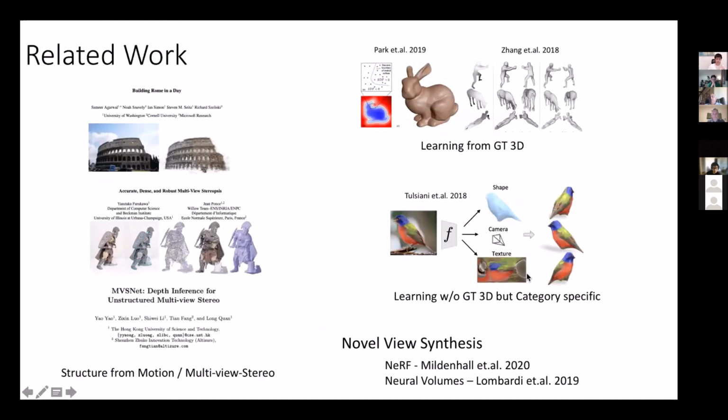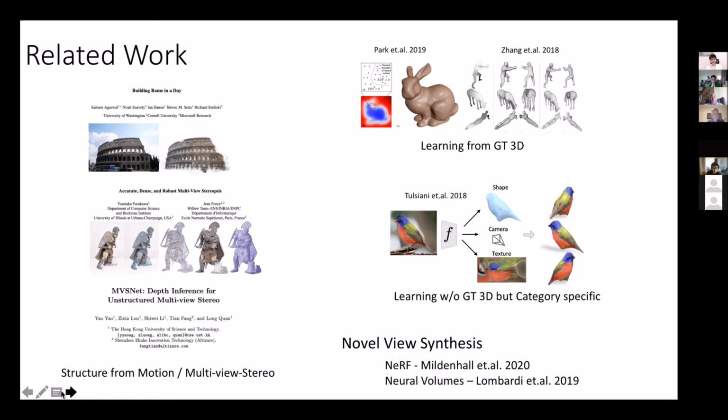Okay, and then there is the work from our group, which has been without ground truth 3D from just multiple views, and we did this work for birds, but I won't talk about it. I mean, this is work from Angjoo Kanazawa and Shubham Tulsiani. And I should, of course, acknowledge the big new thing on the block everybody is talking about for the last year or two. It's NeRF, NeRF, NeRF. And I really like that work. It's from colleagues at Berkeley and Google, and the pictures are beautiful and it is very impactful work.